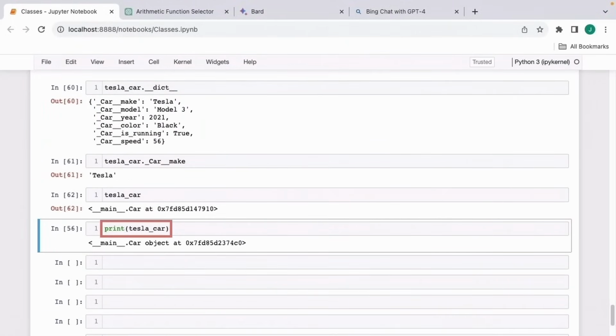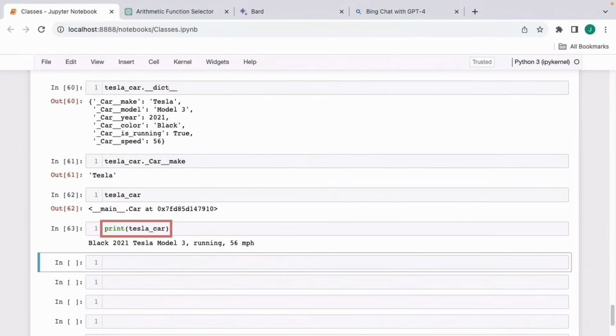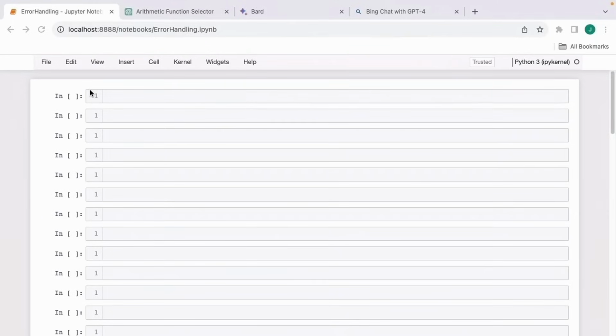And now I come to the print function. I'm going to print Tesla car, and notice I get my custom string that I had returned from the dunder str dunder function. So far in our journey learning Python, we've encountered a number of different errors, starting with the